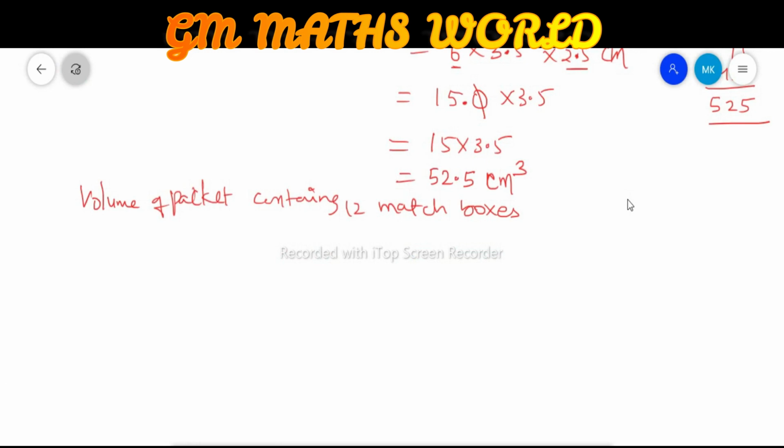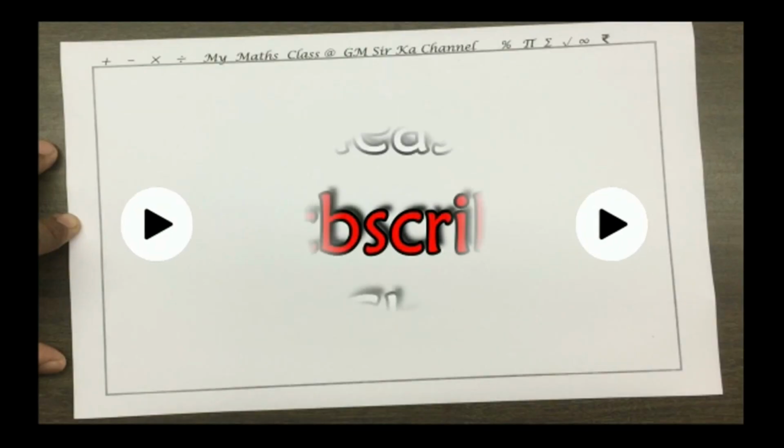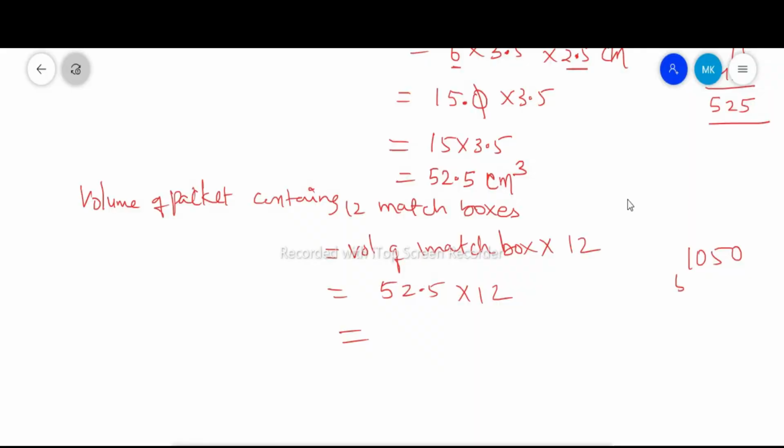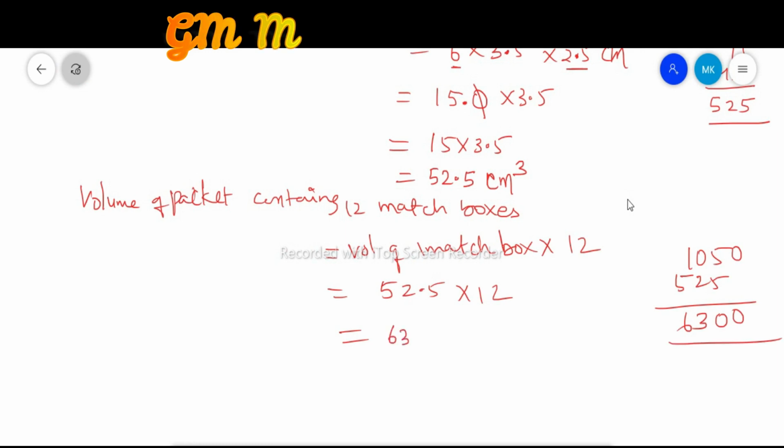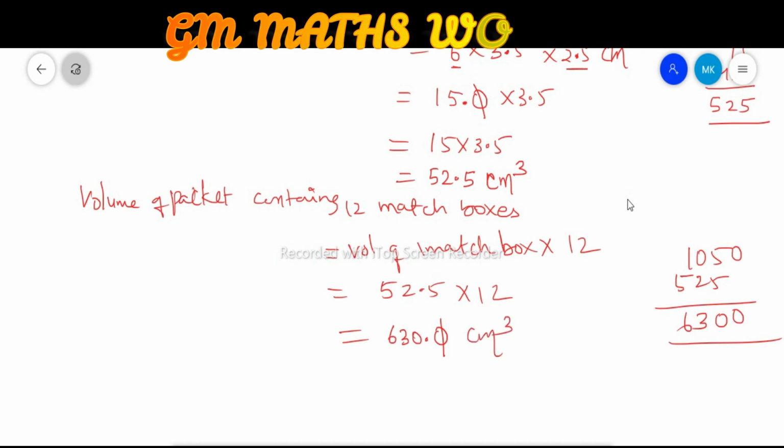So the volume of the packet containing 12 matchboxes is the volume of one matchbox multiplied by 12. So it is 52.5 into 12 you have to do. 52.5 times 2 is 105.0, then 525 with a zero, and adding, 6300 with one decimal point. At last it is 630 centimeter cube you will have